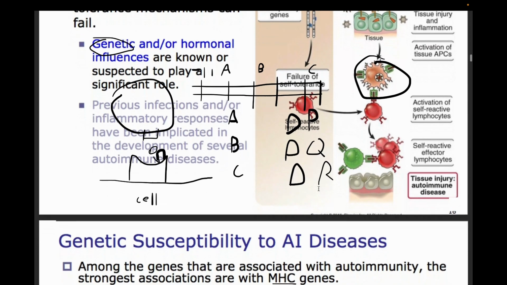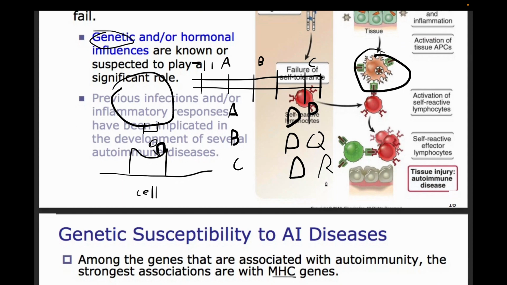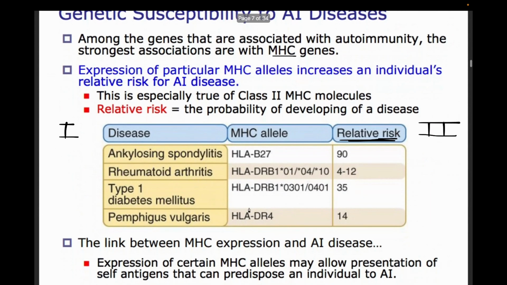Within the DR gene, it contains different alleles. A defect or a mutation of one of these alleles, for example let's suppose HLA-DR1, 4 or 10, might lead to or increase the risk of rheumatoid arthritis by the same mechanism as I described